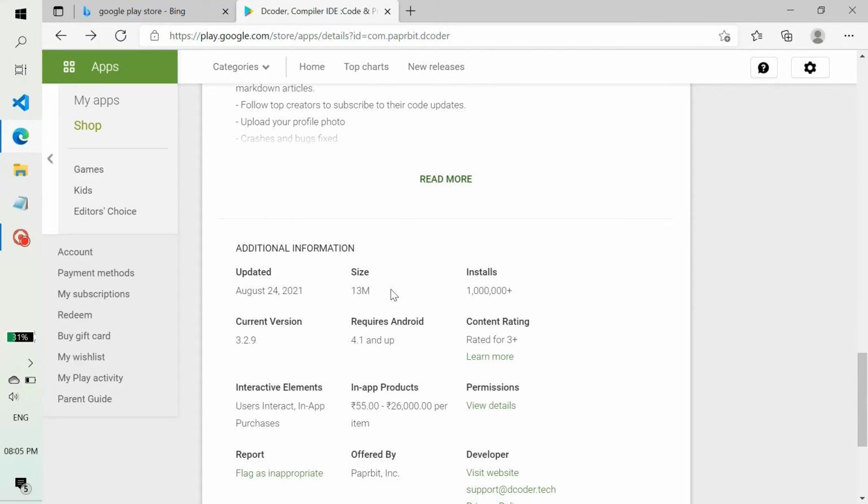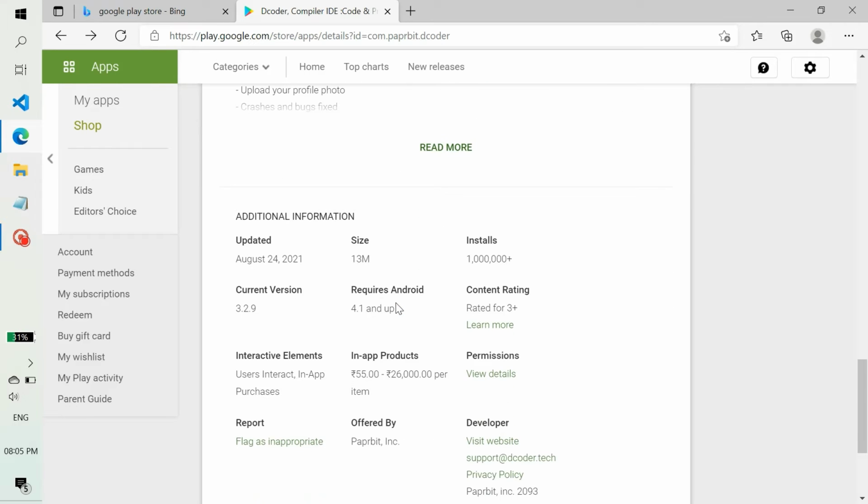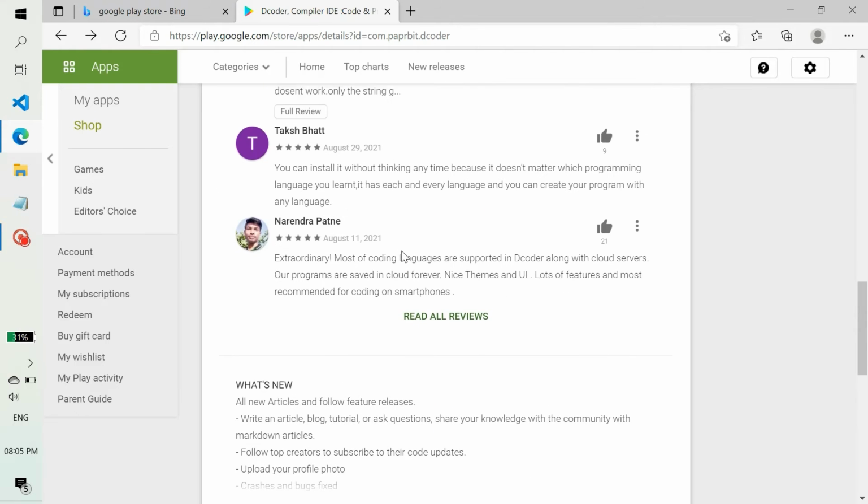This is only a 13 MB app, and 13 MB is nothing today, when we see WhatsApp status and all that stuff. So this is small size, and the requirement is also very low, so you can easily install it on your mobile.